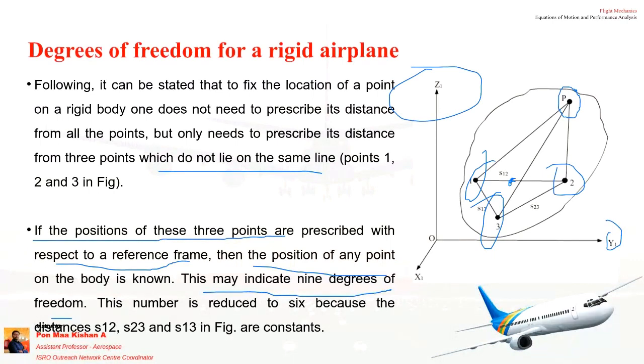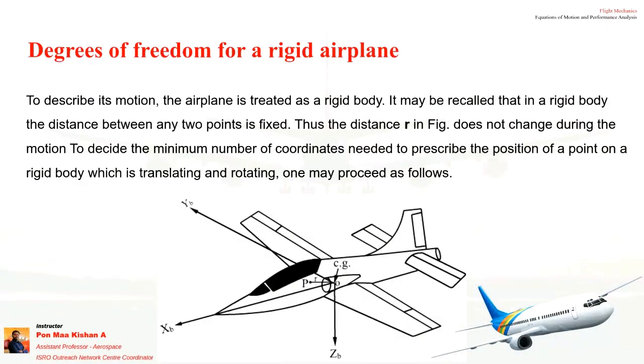So three movements we are having, three angular accelerations we are having, and three linear accelerations also. In the case of an aircraft, we simply say 6 degrees of freedom. But how are we calculating that? Mathematically, we calculate it with respect to the rigid object shown in this image, and the same concept used in the previous image will be used for the aircraft also.